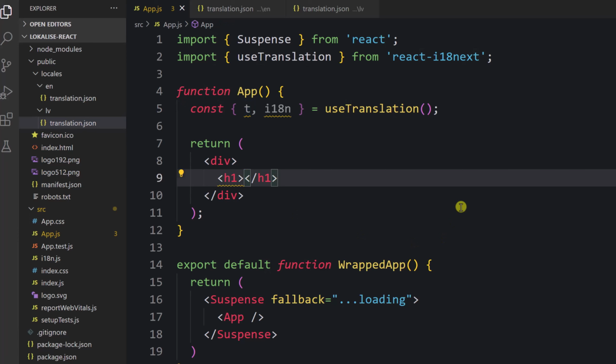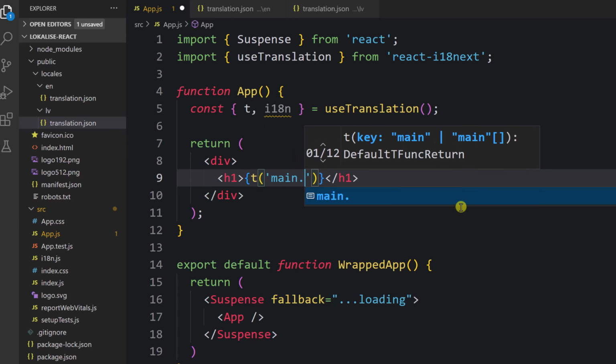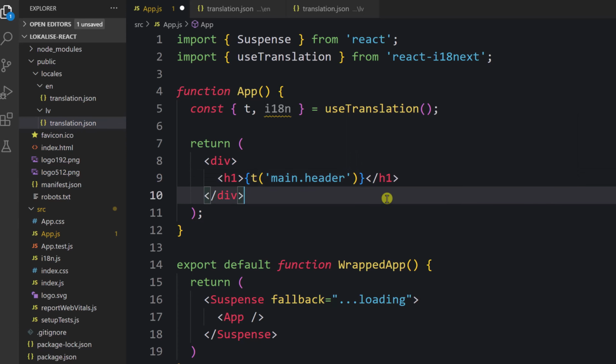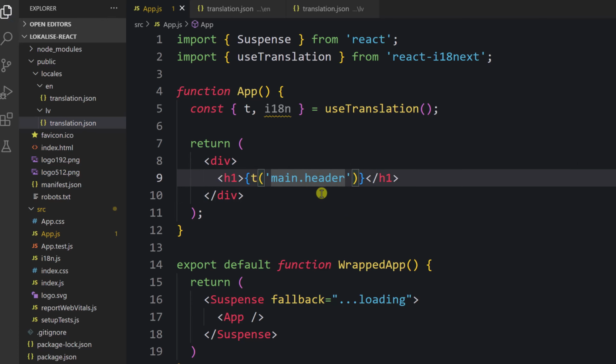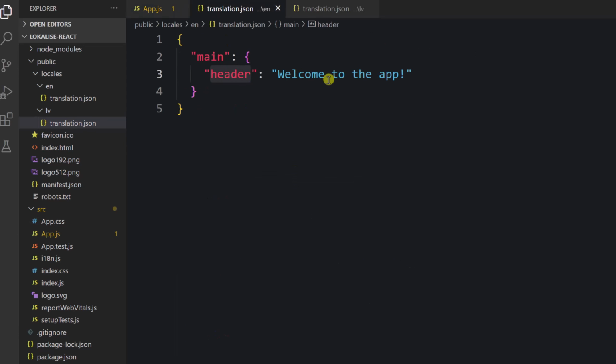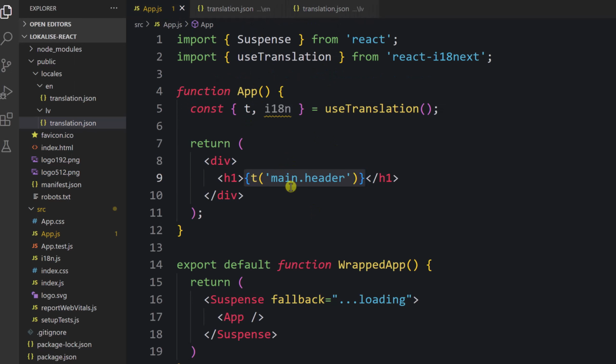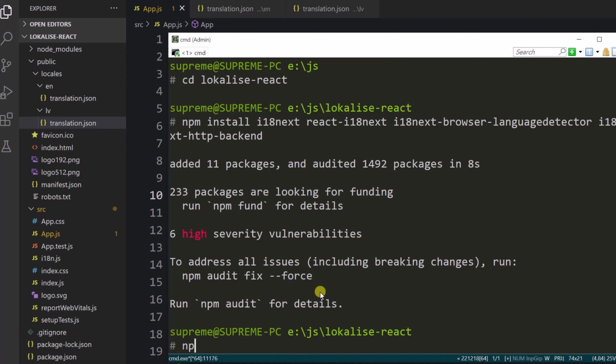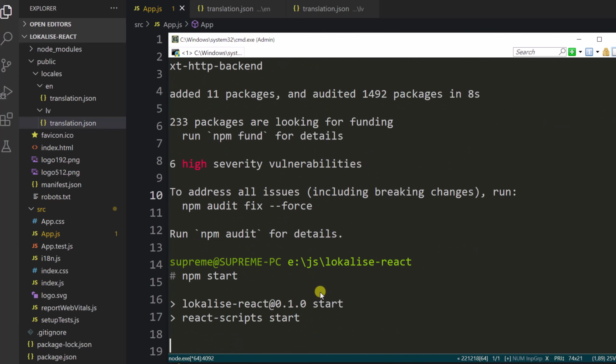to it. So, for example, right here, I'm going to say T, and we're going to say main.header. So main is the parent key, and the header is the child key. And as long as we have nesting, we should separate those keys with this dot. And now when the app is served, this thing will be replaced with the actual string taken from one of these translation files. Brilliant. Now we can say npm start to actually boot our application and make sure that everything